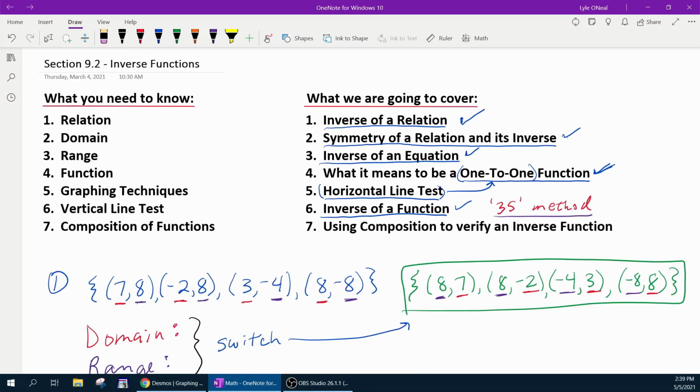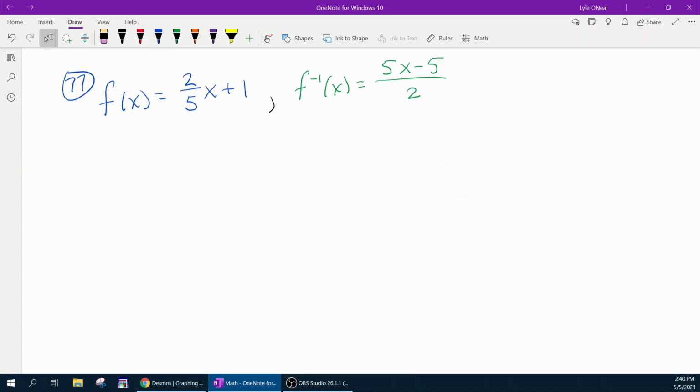Okay, so back to our scorecard. We've talked about everything now up to number 7. We now need to look at an example that shows how we use composition of functions to verify that an inverse of a function is the correct inverse. And the example we're going to look at to do that is number 77. Here they've given us a function and its inverse. We're going to use composition of functions to verify that this inverse function is actually the correct inverse of the